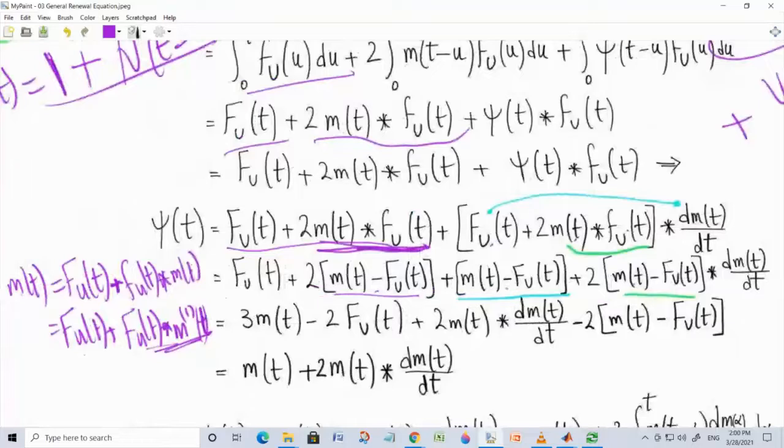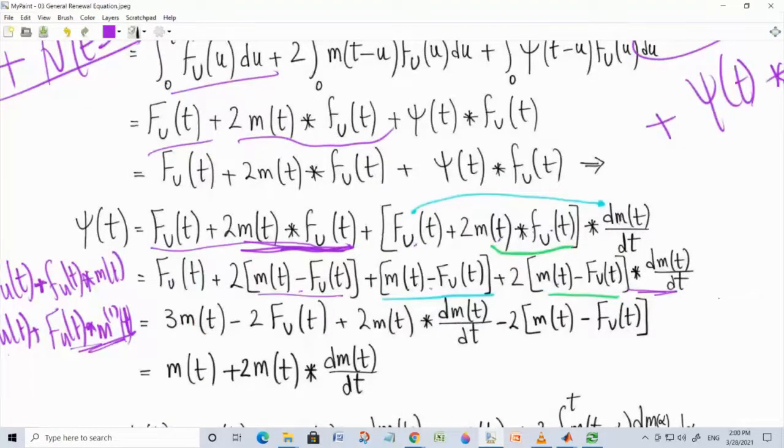So you can apply these two formulas to get rid of these convolutions. You are still left with one convolution here. Then you start collecting the terms. 2M of t and M of t, that's 3M of t. You have big F minus 2 big F minus big F. So I have minus 2, and then you have 2M of t convolved with the first derivative, and then you have minus